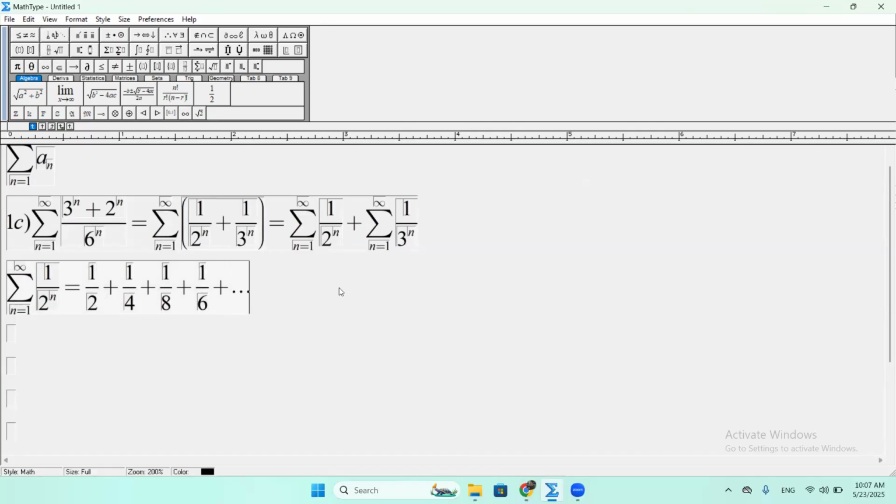So what do you actually see? Actually this is a geometrical progression with the first term